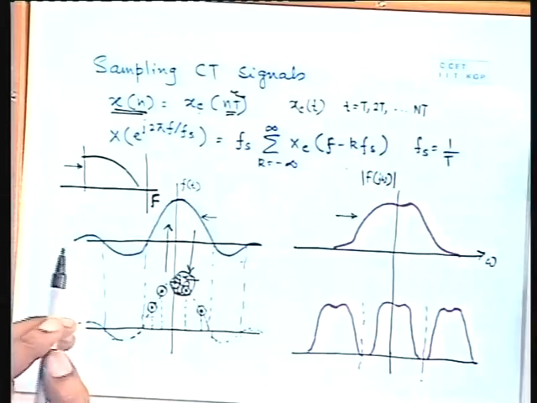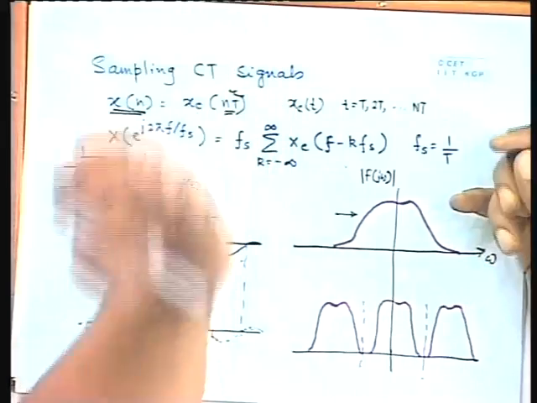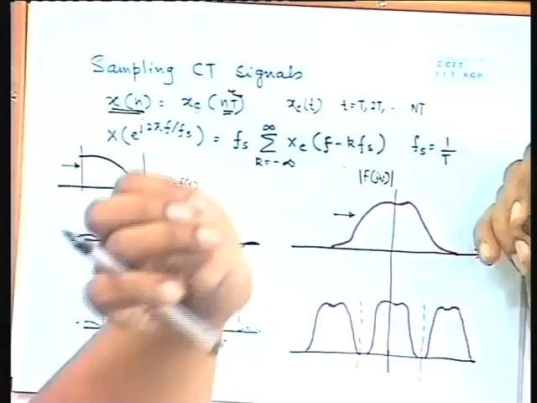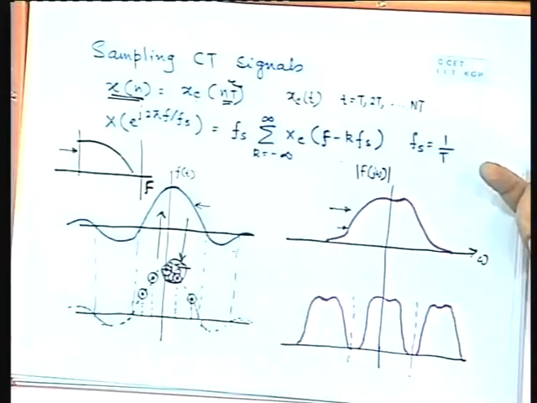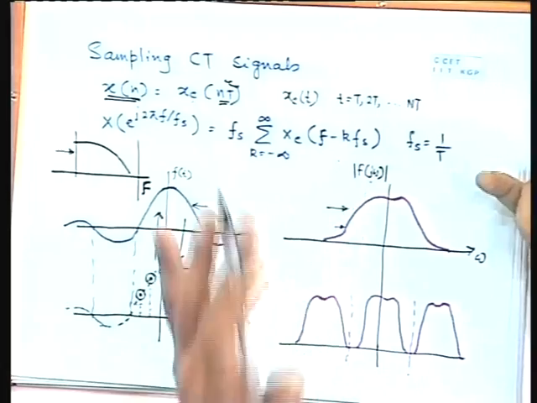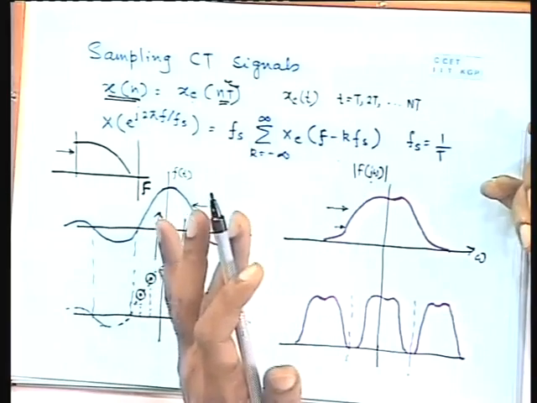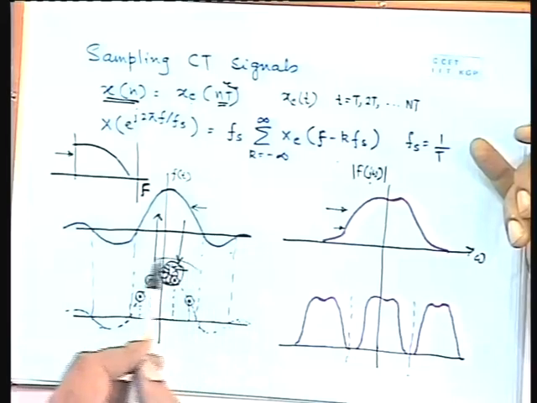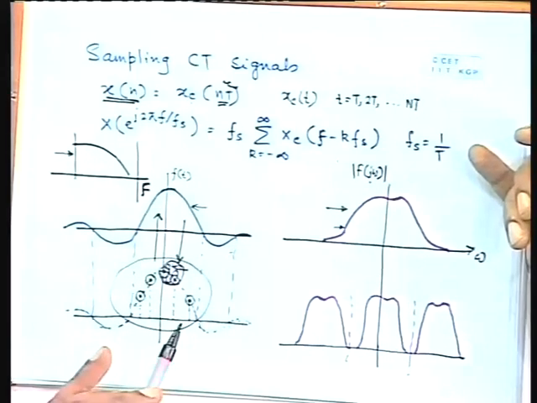Okay. Now we are coming back to the original question, that is, what is the relationship between the discrete Fourier transform of the discrete sequence and the original Fourier transform of the continuous signal. What is their difference? This is the continuous signal, this is F(j omega), the continuous Fourier transform of f(t).